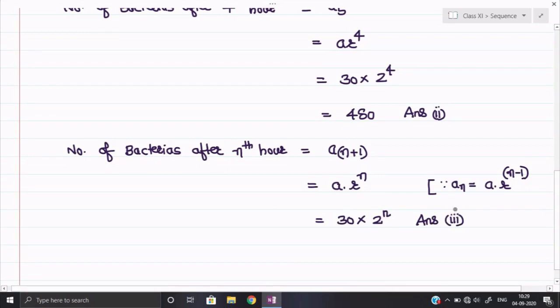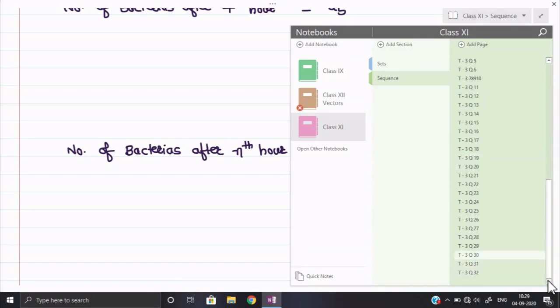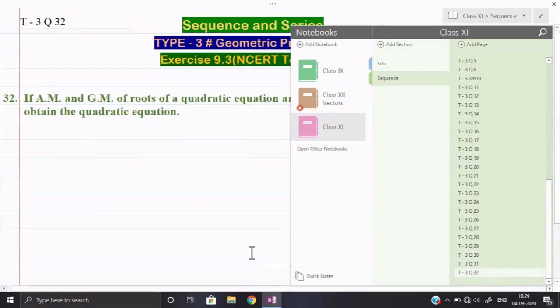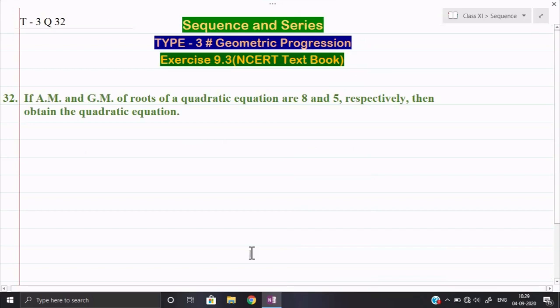Okay. Now let us see the next question. We have two more questions remaining, question number 31 and question number 32. Right now I am taking question number 32, and next time I will take question number 31, because question number 31 is a little lengthier. If we start it now, we will not be able to finish. So to complete the session, I will take question number 32 over here. Next time, along with the new questions, I will take question number 31.